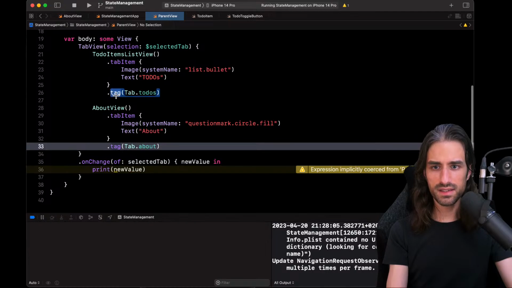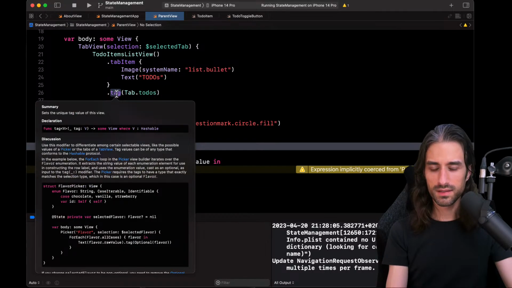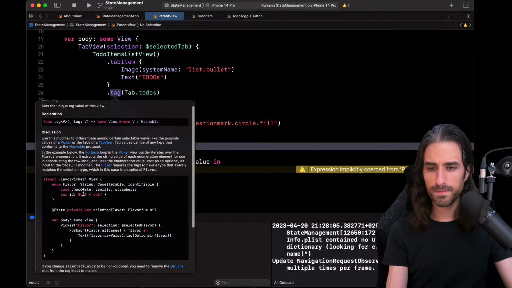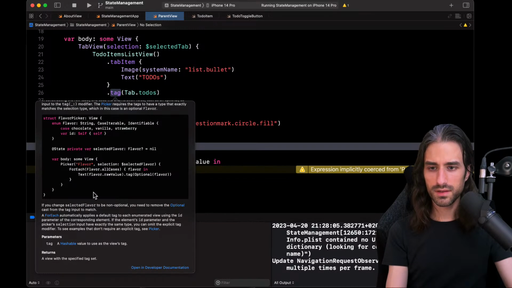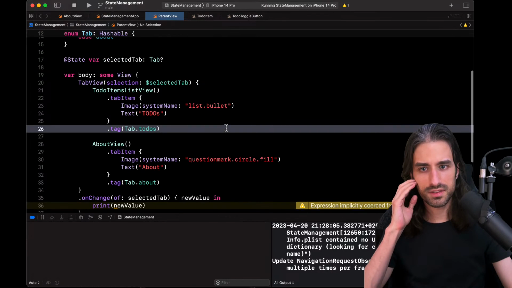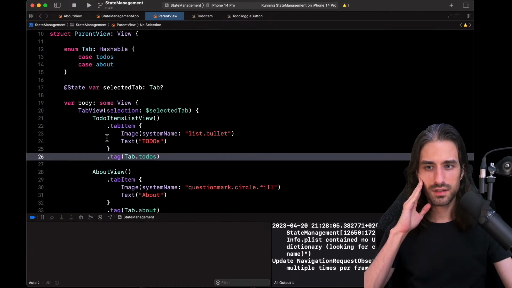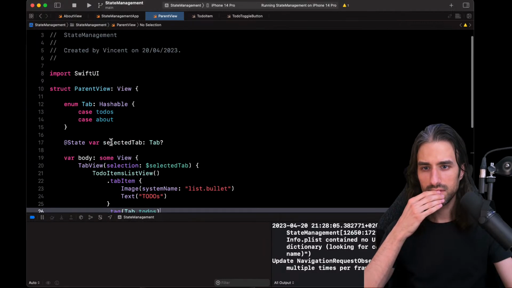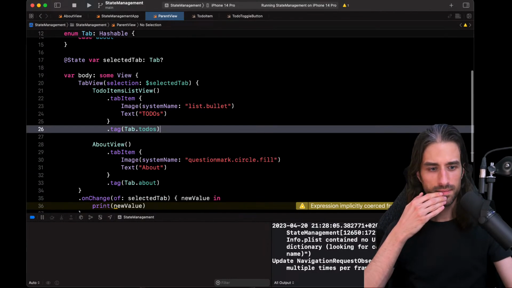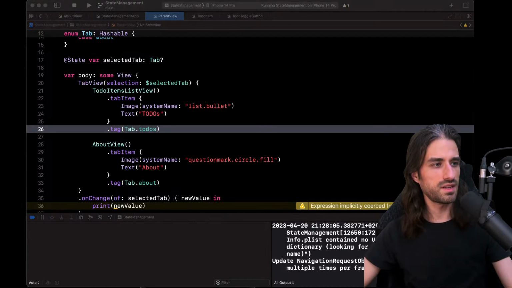I have my tag. So set the unique tag of this view. I cannot understand why this is not working, to be honest. If you have an idea, please let me know in the chat.